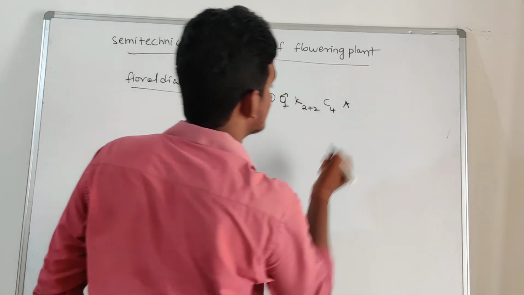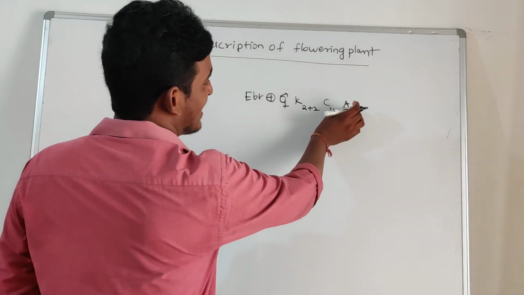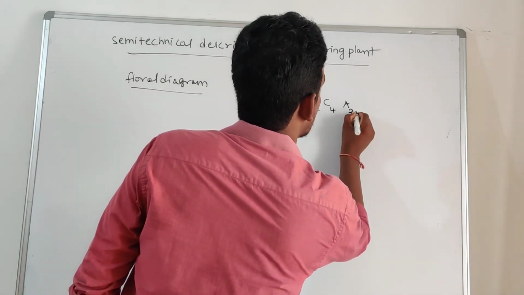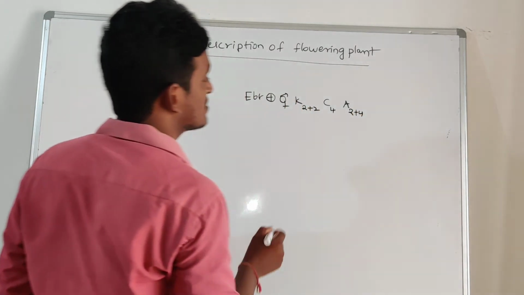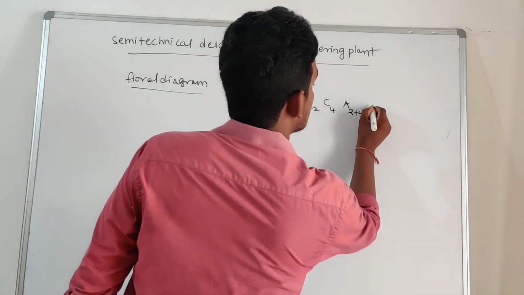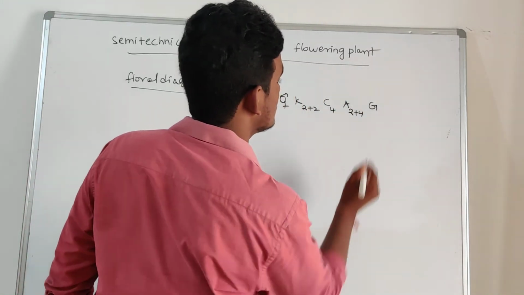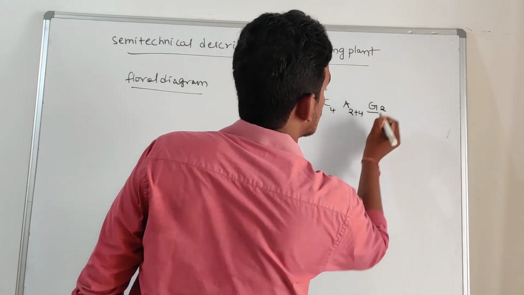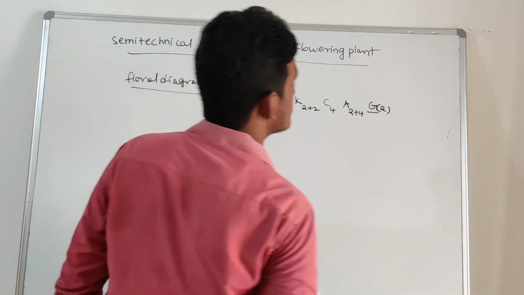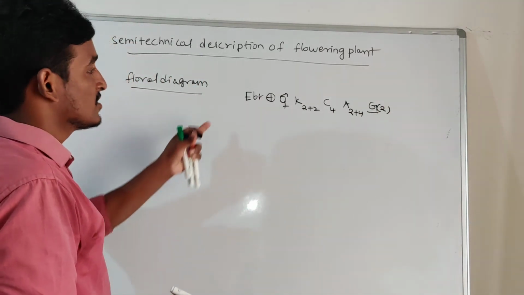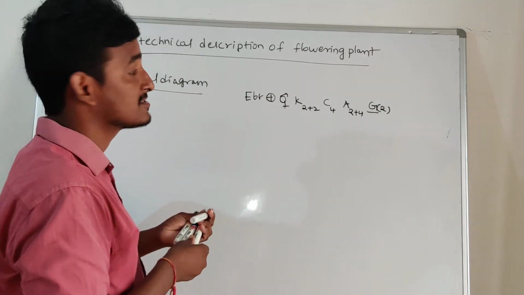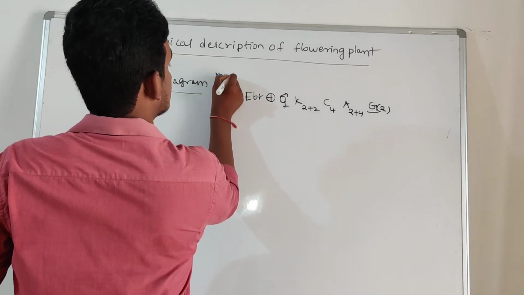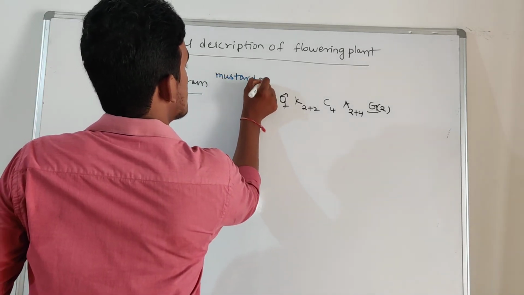Later about stamens, it is represented with the androecium. So here the 2 stamens are outside and 4 stamens are inside. Later about the gynoecium, the position of the ovary is superior, the 2 carpels are fused, so we are putting brackets, right? So it is the floral formula related to the mustard plant.